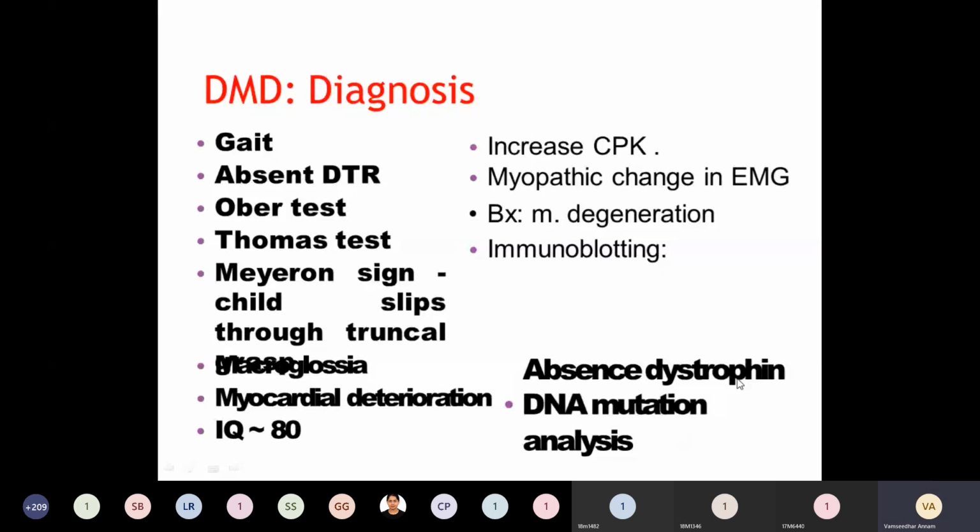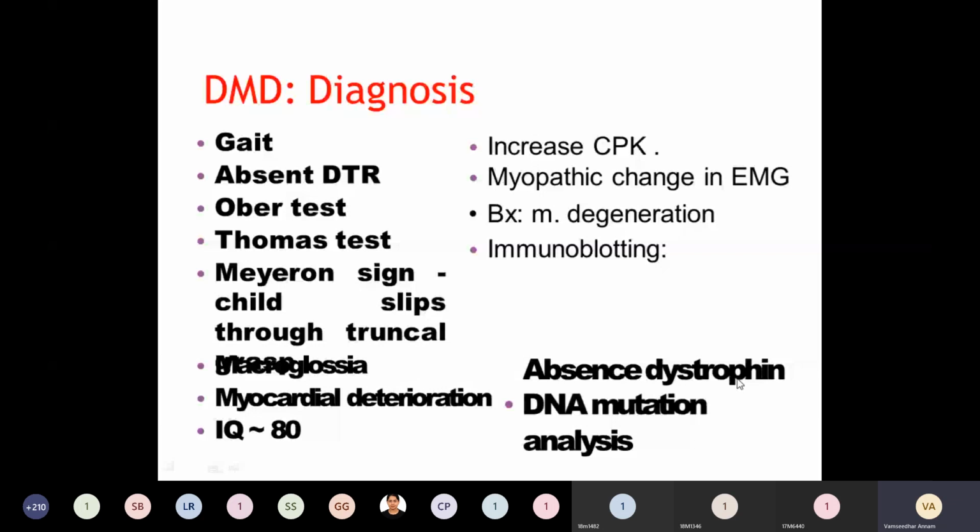The child has got some abnormal gait. Ober test, Thomas test, they're all positive. Gowers' sign: the child climbs up his own body. Then myocardial deterioration, IQ will be around 80. Biochemical parameters: there is an increase in creatine phosphokinase, myopathic change in EMG, then muscle degeneration can